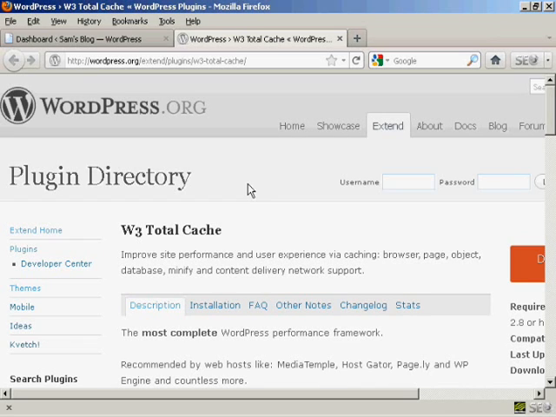A couple of points that you need to bear in mind, because the W3 Total Cache plugin can be a bit tricky to install and to set up. First and foremost, you must make sure that any other caching plugins that you have on your blog have been deactivated and deleted. Otherwise, you're going to run into compatibility problems when you actually try to enable this particular plugin. So you want to make sure that all traces of any other caching plugins have been completely removed